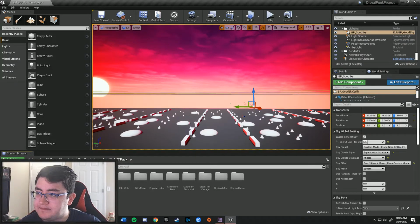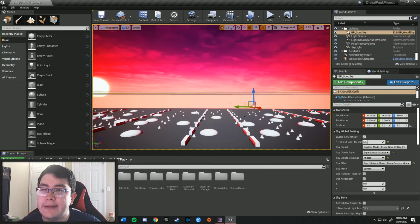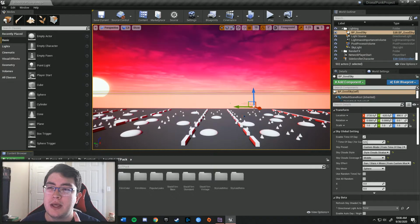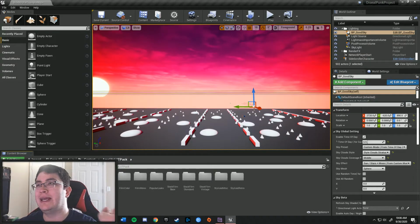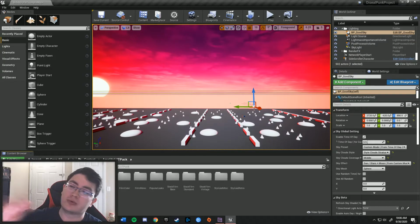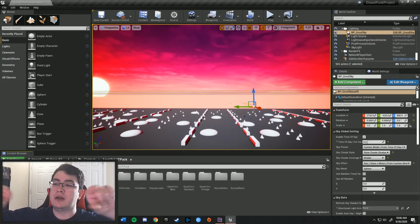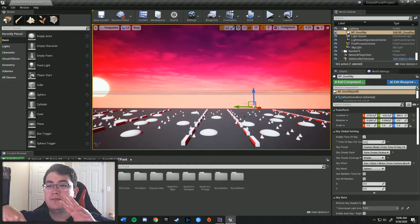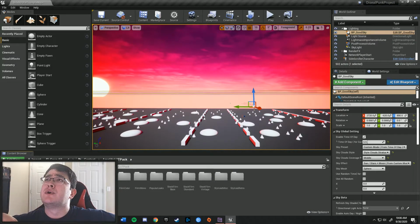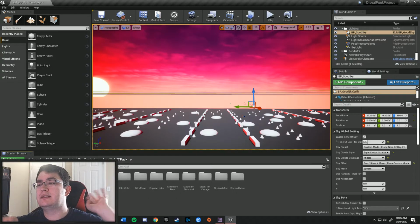LUTs are just your post-processing effects. It's the filter to the game. It's the filter to make it look a certain way, to boost colors here or there, or to make it look like a LA Noir scene or a Sin City black and white with the bright reds kind of deal. LUTs allow you to do that. It's just this simple color gradient that you can go into Photoshop and mess around with, and then put it into the game engine or Cinema 4D or After Effects or Premiere, all those video editing softwares, and you can get these nice visual effects